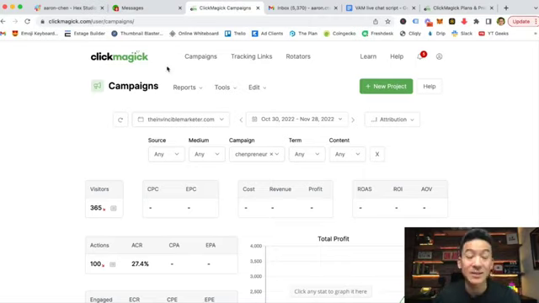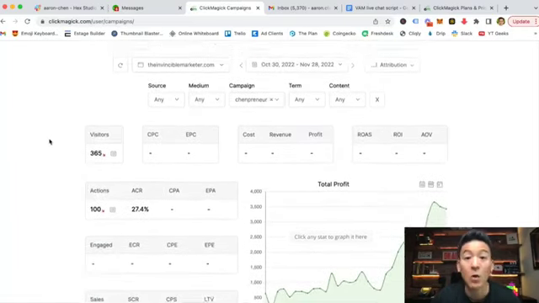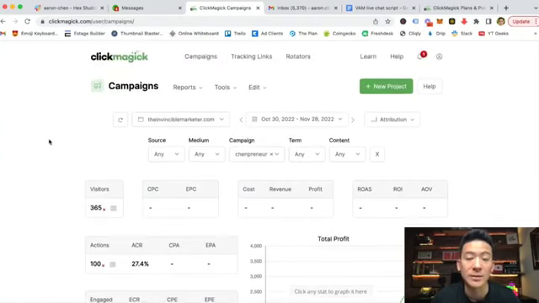So that's why ClickMagick, and this is the thing that I love about ClickMagick, is that they're constantly evolving, constantly upgrading. They've got a very, very good support structure in the background, right? So they came up with this thing called campaigns, and it allows you to track everything across all of your pages. So if you're doing things like